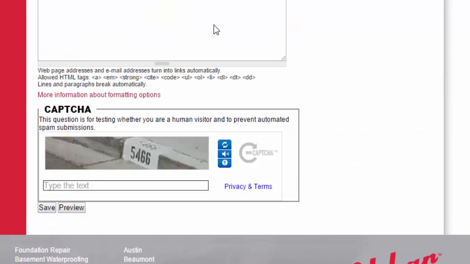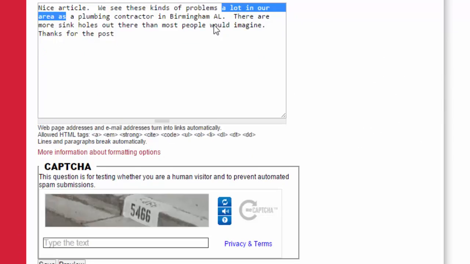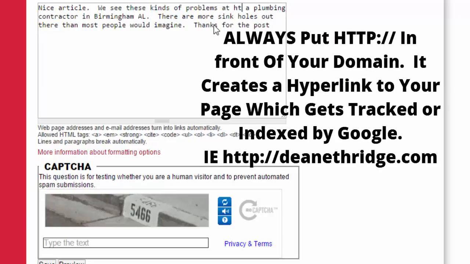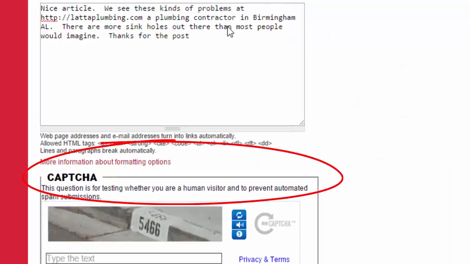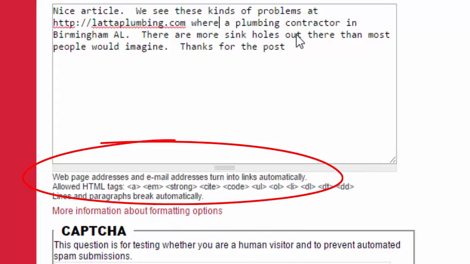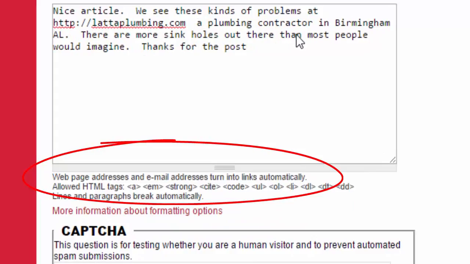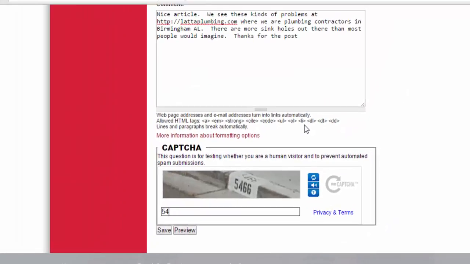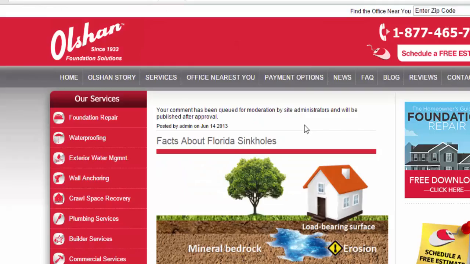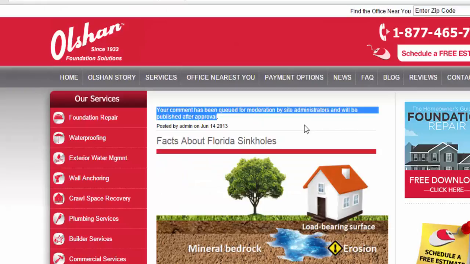This is allowing a backlink. Okay, and I'll type a post. There we go, it's been queued for moderation. But that's just to get a backlink there. We'll talk more about backlinks later.